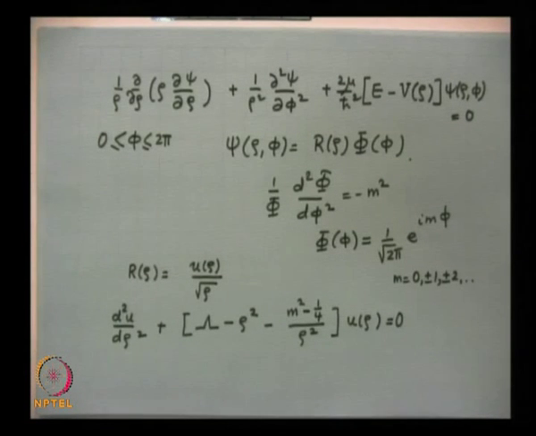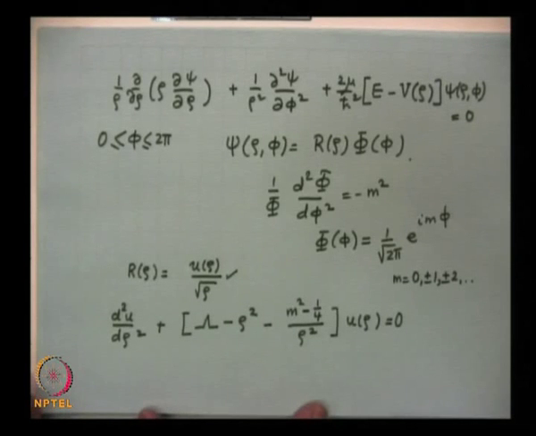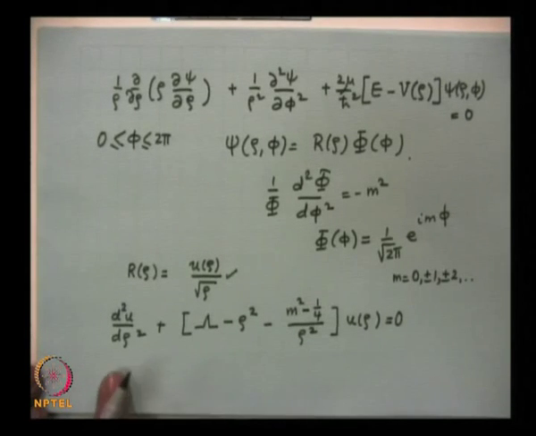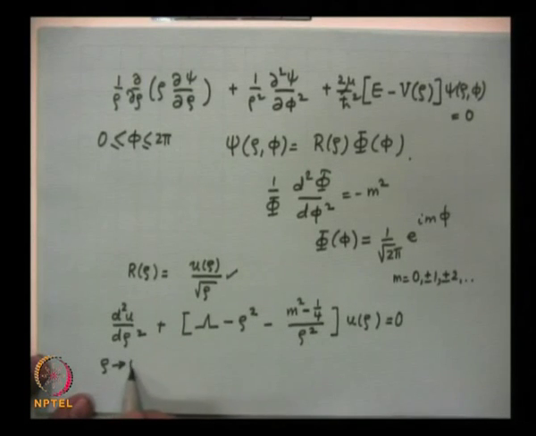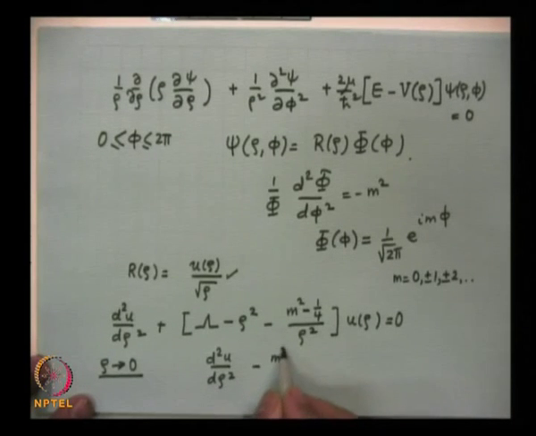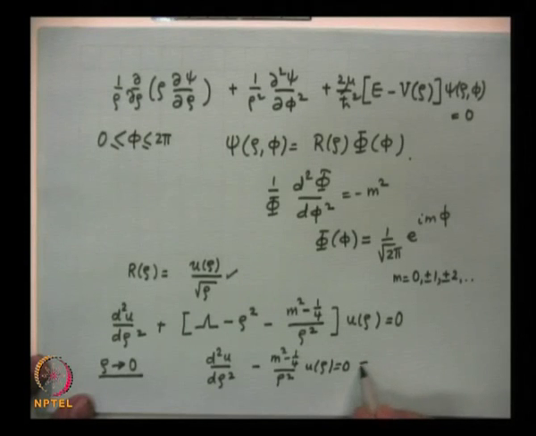So, the phi part will separate out, and you make a substitution like this. This is fairly straightforward, and one will obtain an equation like this. Once again, we look in the limiting form for rho tending to 0. So, this term will dominate, and you will have d2u by d rho square minus (m square minus 1 by 4) by rho square u of rho, and the solution of this equation will be